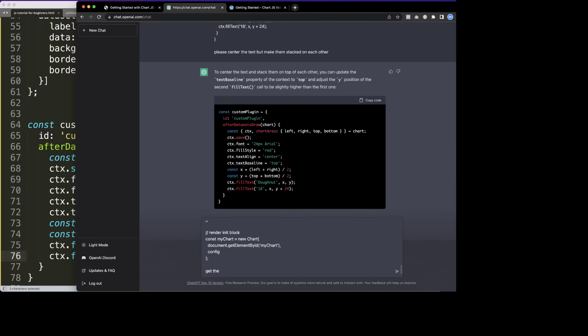Get maybe the first value. Oh no, replace. That's what I want to do. I want to replace the number 18 in the custom plugin, and I'll just make sure like that. Replace the number in the custom plugin with the first data,